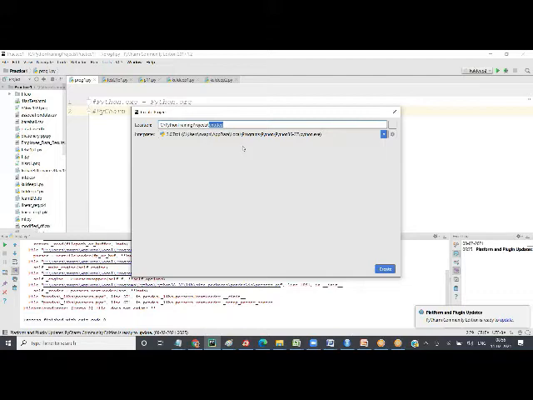Virtual environment means, see, you can install multiple Pythons. You can install Python 3.9, 3.8, 3.7. You can install multiple, because you might need different versions for different kinds of applications. When you're actually working in an office, you might be working on 3 or 4 applications, and they might have been developed on different platforms. So you might have to install multiple versions of Python. When you install multiple versions of Python, it's like a virtual environment is creating a separate environment for that particular version. So if you see here, I have already installed Python.